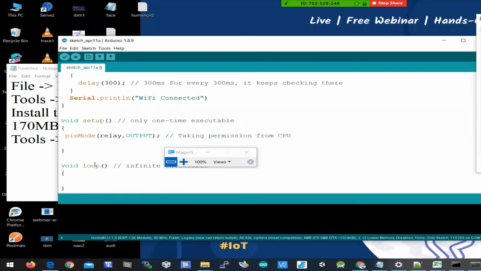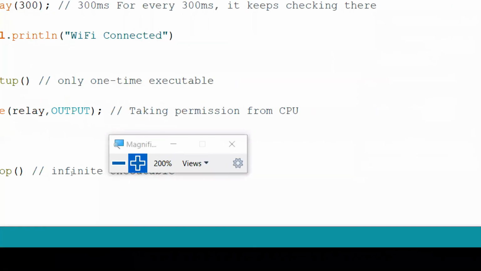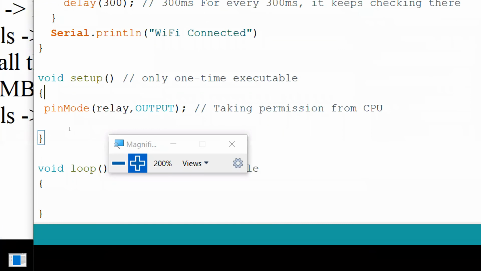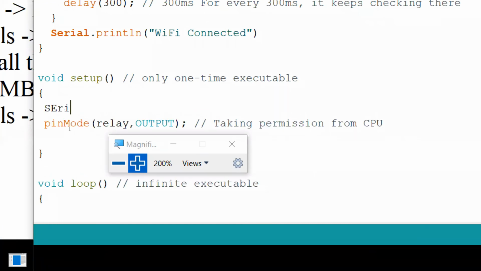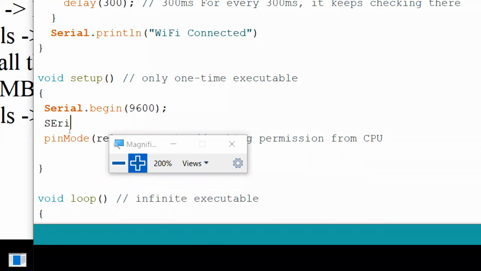So here your logic should always be inside loop. Okay, inside setup there should be one more statement called Serial.begin of 9600, which is a speed, and also print welcome to IoT project.